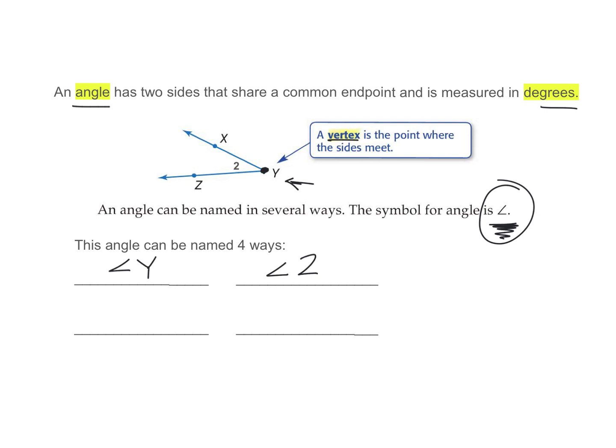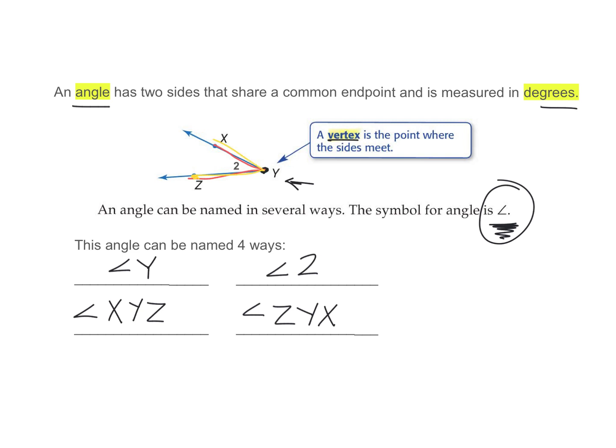And then we can say angle, and the order is super important, angle XYZ. If I follow those letters and I start at X, where the point is, and I do X, Y, Z, it follows the angle. And the vertex, which is Y, needs to be in the middle of that. And then I could also do the opposite, and I could do Z, Y, X, because then if I follow that, we have